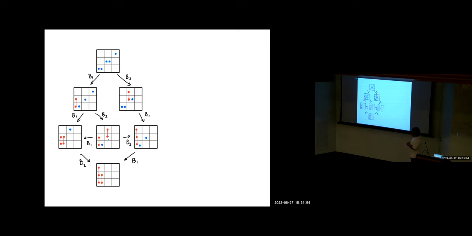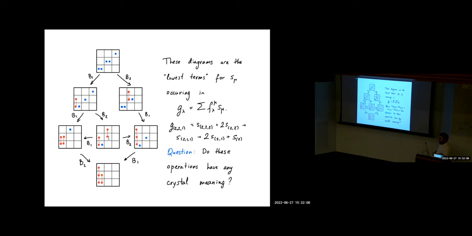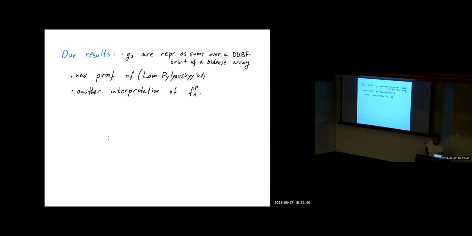And you see that in this example, the number of arrays is equal to 7. And we actually had this example while we were decomposing the Grothendieck polynomial G221 into a sum of Schur polynomials. Somehow, all these arrays are the lowest elements in the arrays in the DU orbits obtained for Schur polynomials. Okay, so our main result is that we represent the